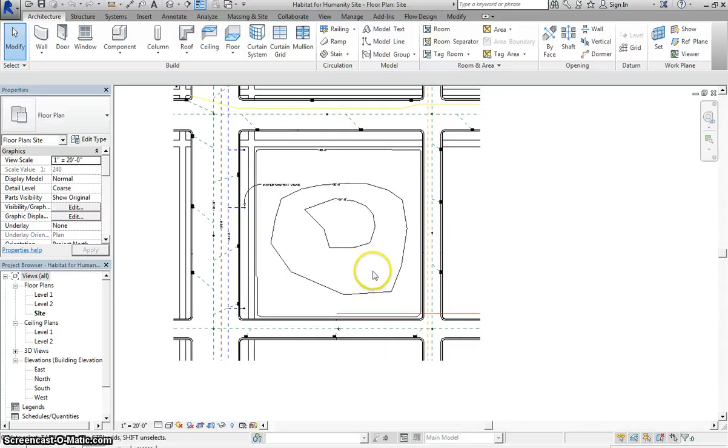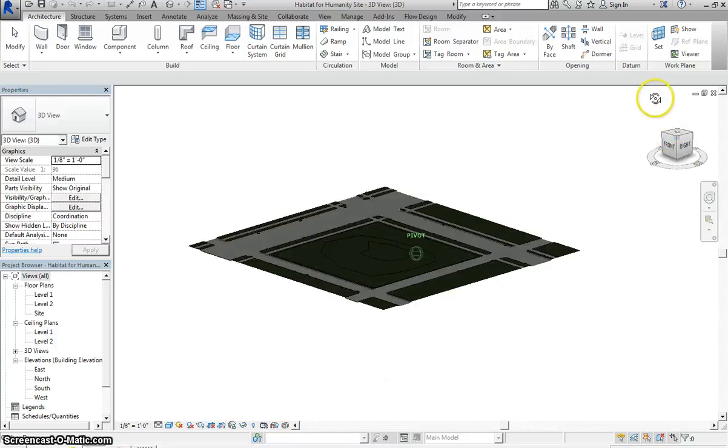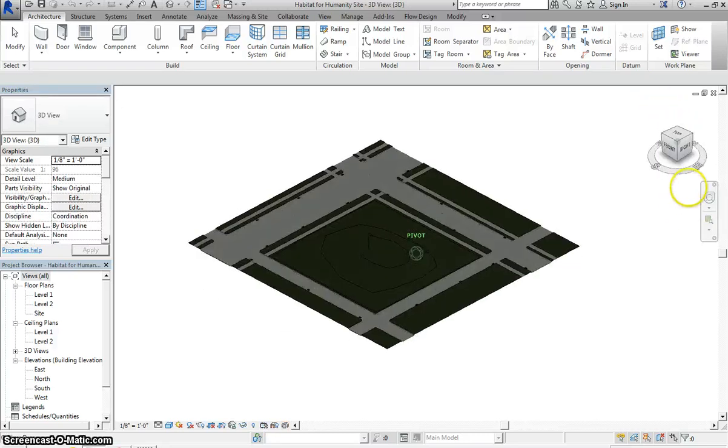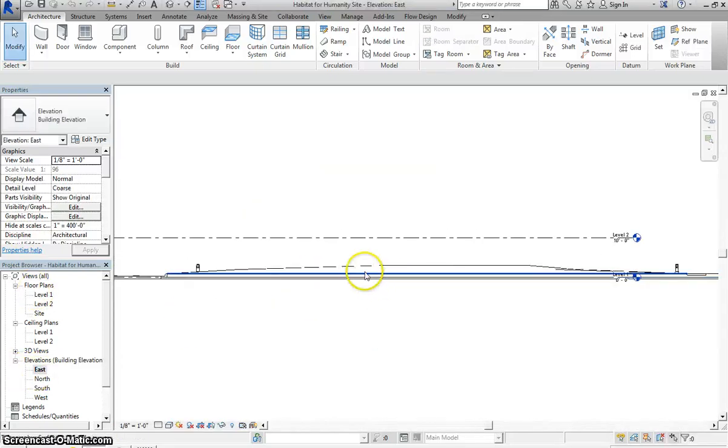Once you have it open, we look at this 3D. What we have is kind of mounded up in the middle. Here, if we went and looked at the elevation, you could kind of see this better. So it's mounded up. What would have to happen is they would have to excavate this and remove this dirt down. So if we go to our site plan,